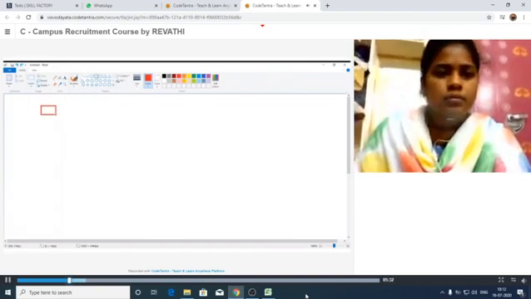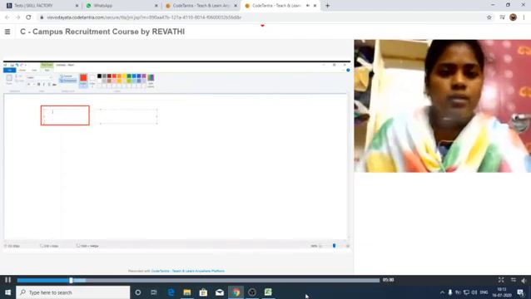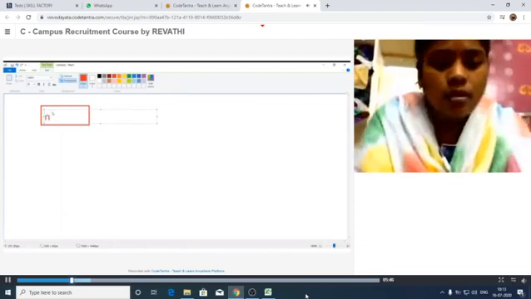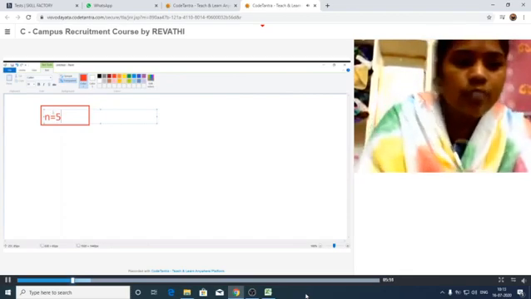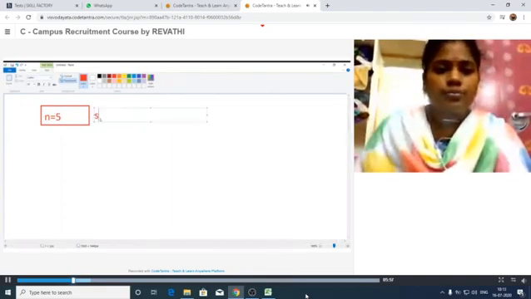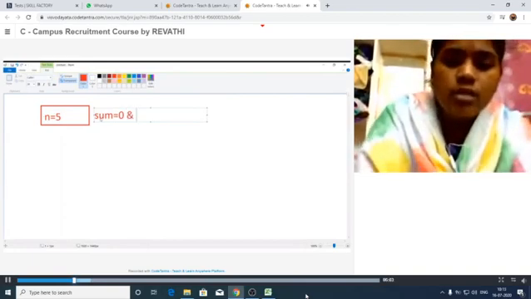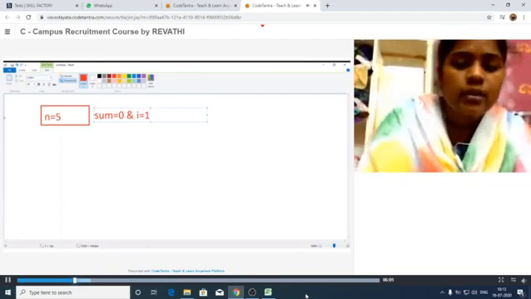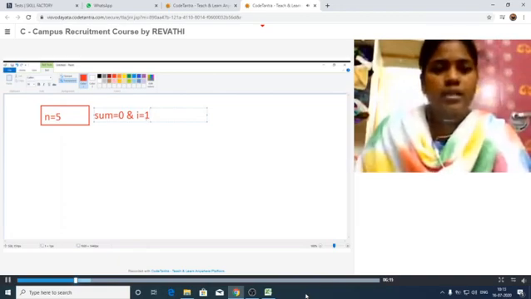Here, first initially we are taking the input value. We have given n is equal to 5. Just I am providing the input as n is equal to 5. Now, let us see. Initially we have declared sum is equal to 0 and i is equal to 1. These are the values we have taken: n is equal to 5, sum is equal to 0 and i is equal to 1.